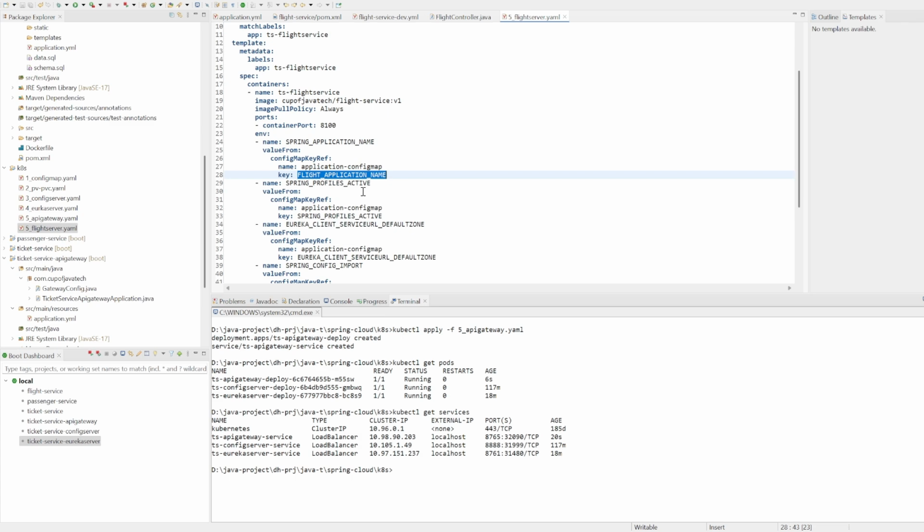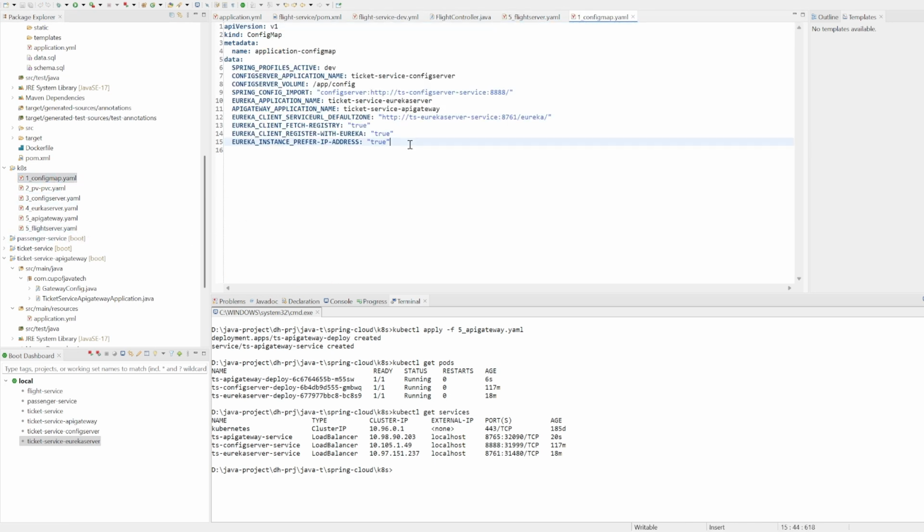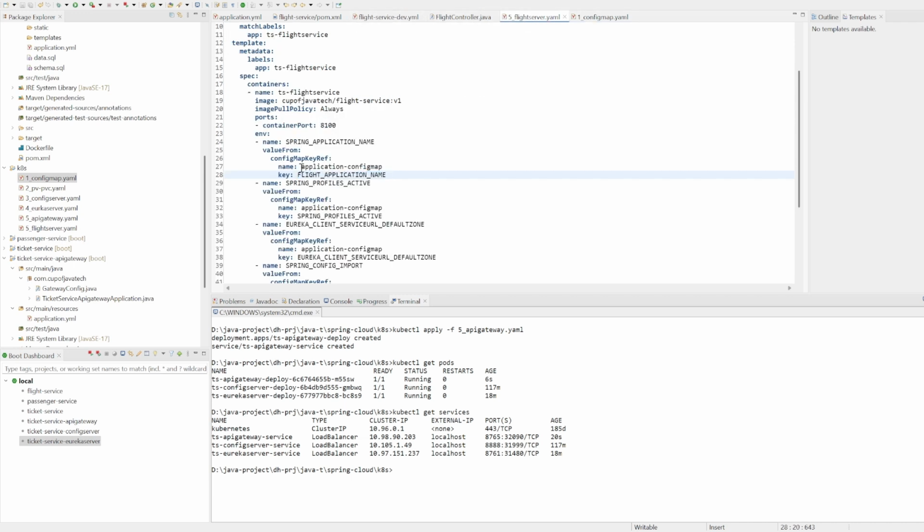So we have to add this into the config map because our config map doesn't contain this information. So I will add this information here. Okay, here is the name that I have added. Now I should be able to fetch this information. Okay, so application config map flight application name. So from here it will fetch the